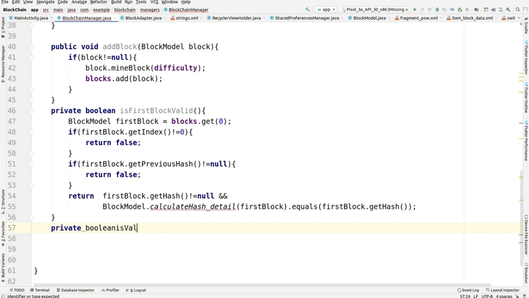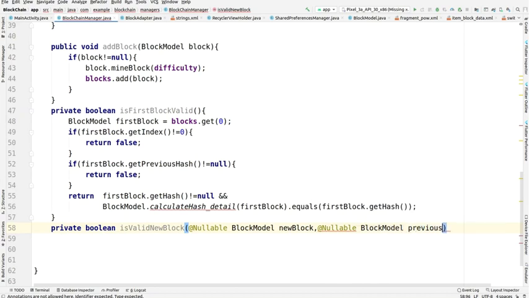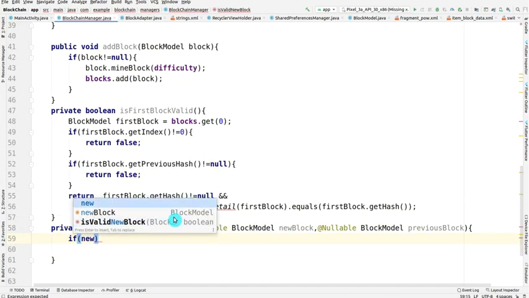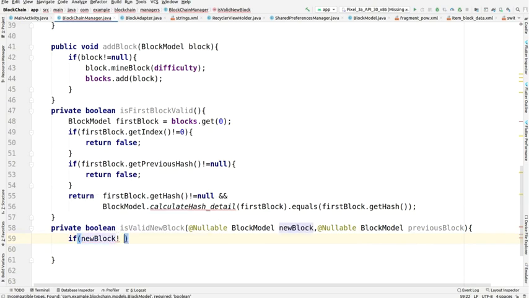It is of type boolean and it is the validity function, is valid new block. Whenever you are sending a new message, a new block will be created, so it will check that block, whether that block is valid or not. So taking the annotations for bypassing the exceptions. Okay, so within this function we also have to go for that if, as we have taken it in the previous functions also.